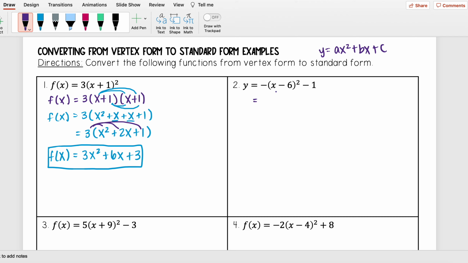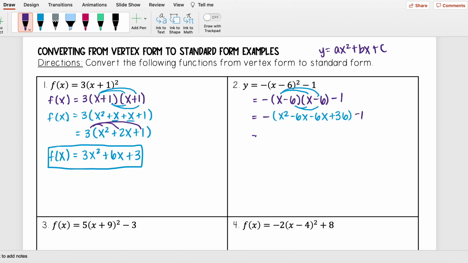Okay, let's try another one. So here I have negative x minus 6 squared minus 1. So I'm going to leave my minus sign out in front. And then I have x minus 6 times x minus 6, so I'm squaring something, I'm just multiplying it by itself. And then I want to go ahead and do my double distribution to multiply these two binomials. So I'm going to have x times x to get x squared, x times negative 6 to get negative 6x, negative 6 times x is negative 6x, and then negative 6 times negative 6, I get plus 36